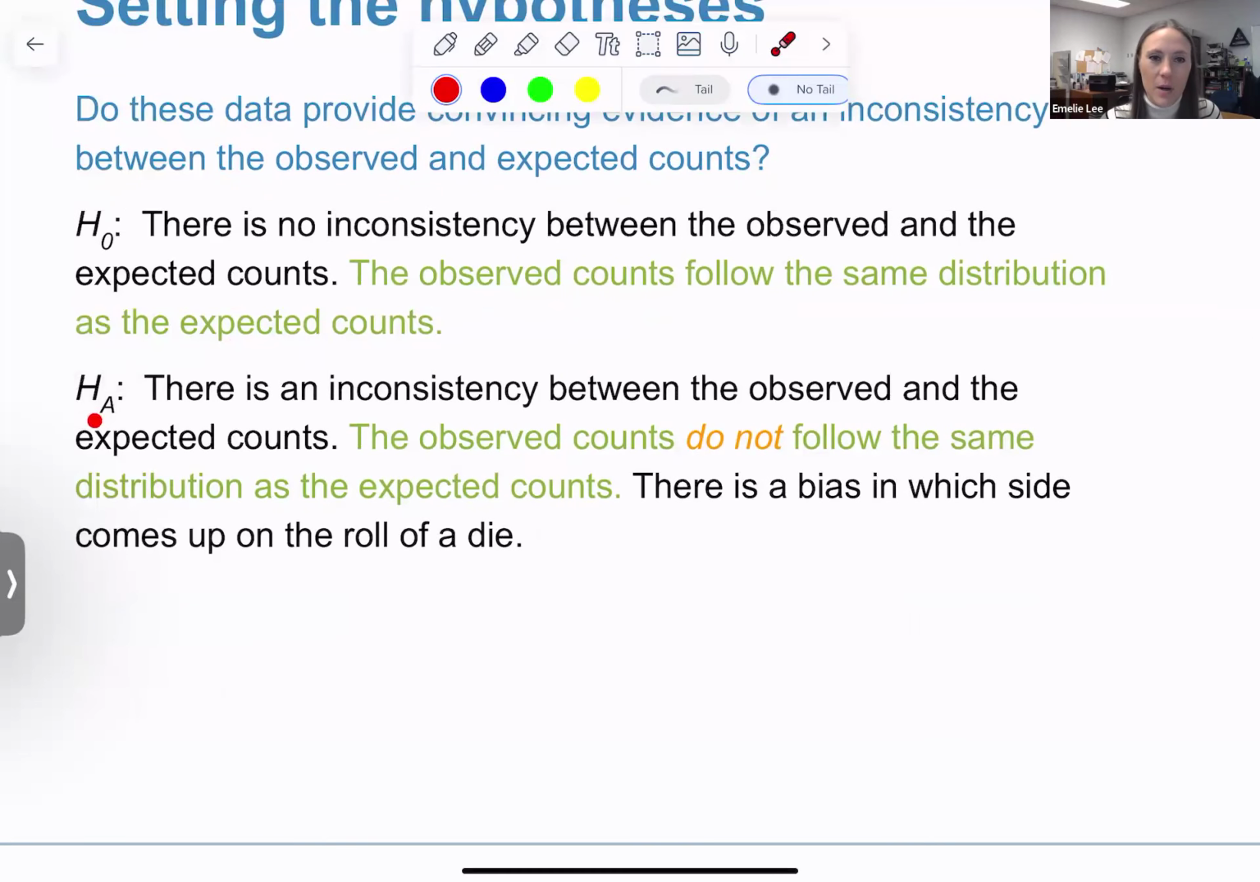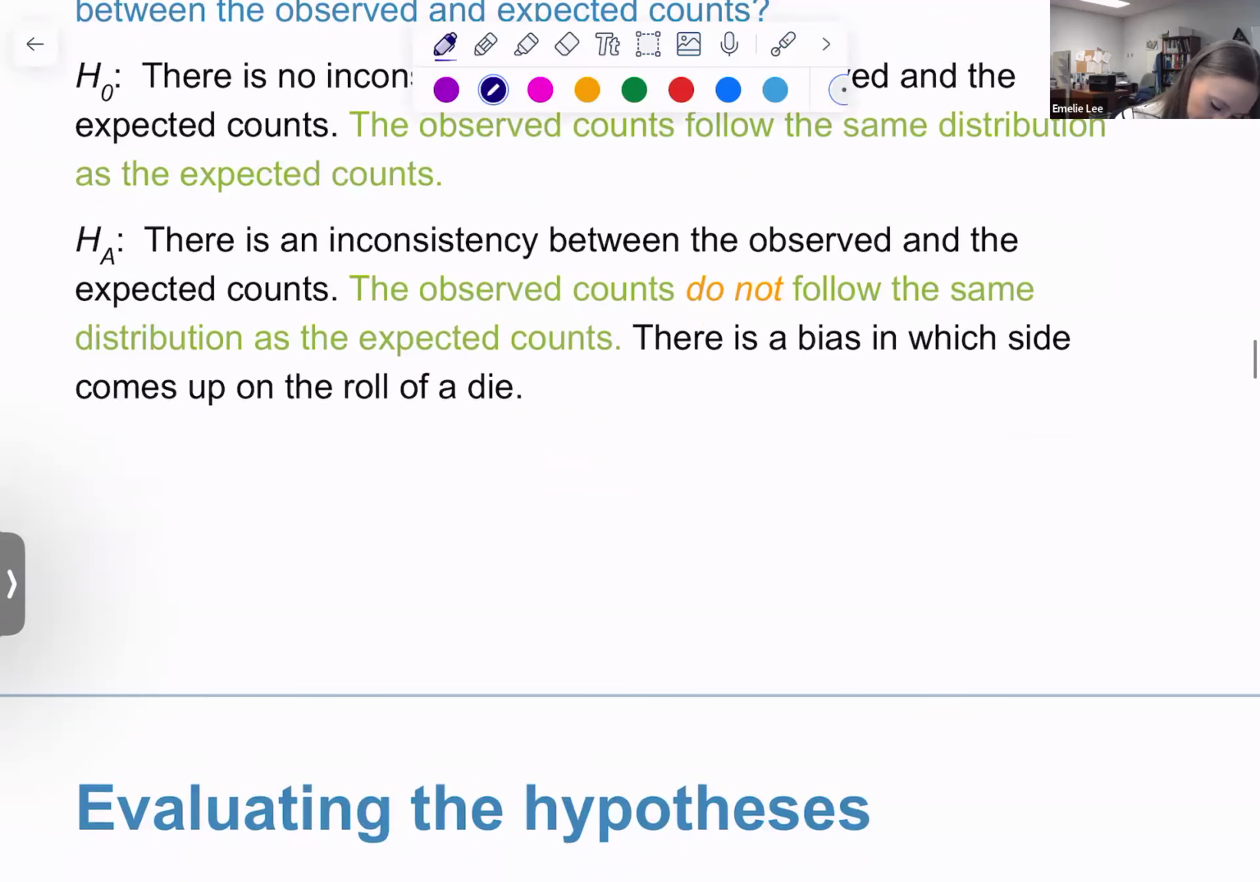Your alternative hypothesis, we're always going to say, okay, the observed counts do not follow the same distribution as the expected counts. In fact, maybe I'm going to hold off a little bit. I wanted to bring in the formula sheet. You have it. And so the hypotheses, just some notes about